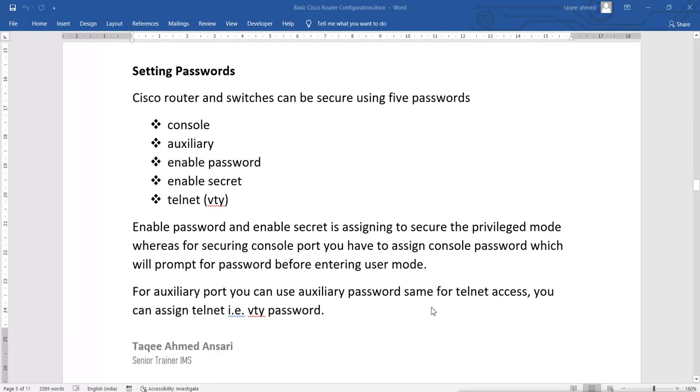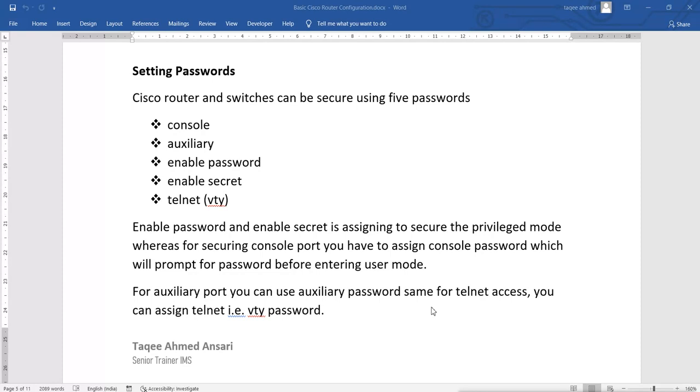By default in our routers or switches, there was no password. But nowadays when you have new routers, these routers may have a default username and password, and the default is Cisco username and Cisco password. It is like not having a password, because everyone knows what the default is. So whether you are not having a password or you are having a default password is similar, because everyone knows what the default is.